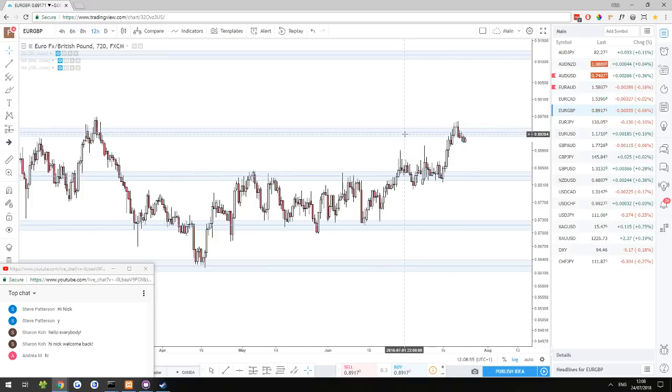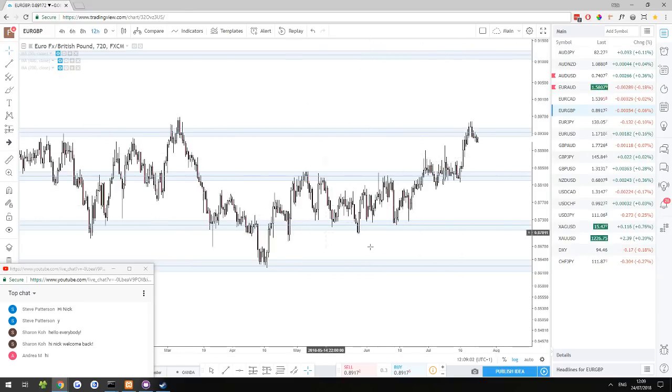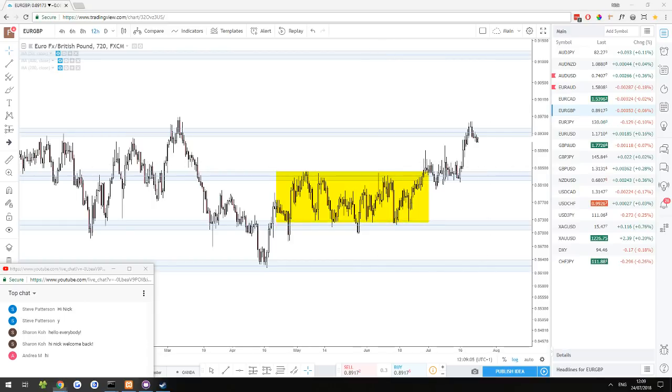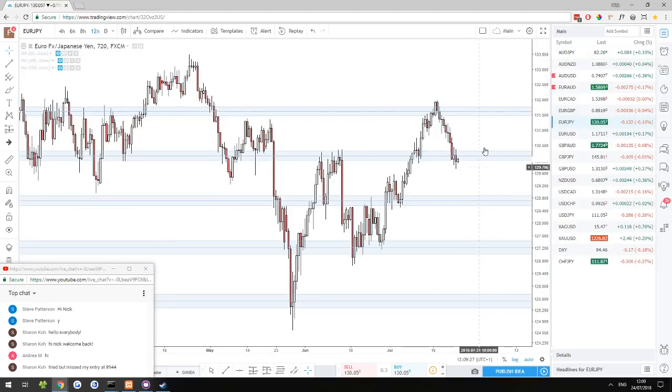But it looks kind of okay. I mean, I'm not really a big fan of EURJPY at the moment. For quite some time, it was ranging in a horrible range, which was through here, where it was almost impossible to take any decent trade because it would stall out for days, sometimes weeks in the same spot. So yeah, I'm not that bothered with this short, to be honest. Doesn't look like anyone's in it. So whatever.